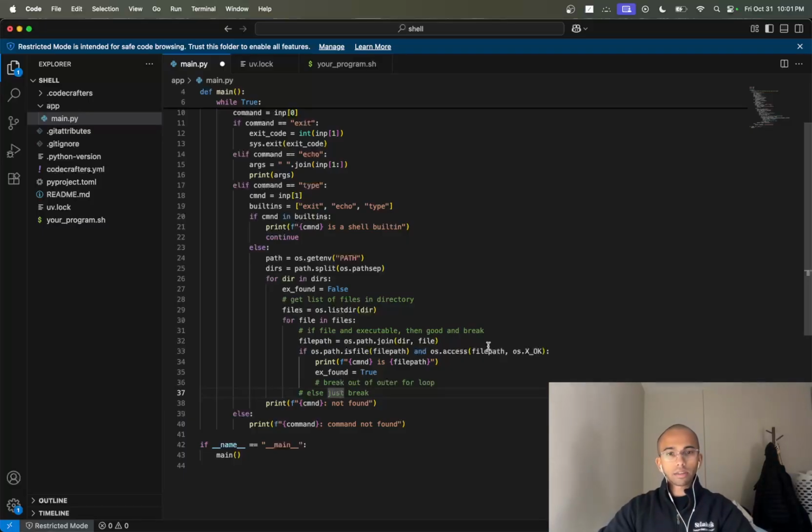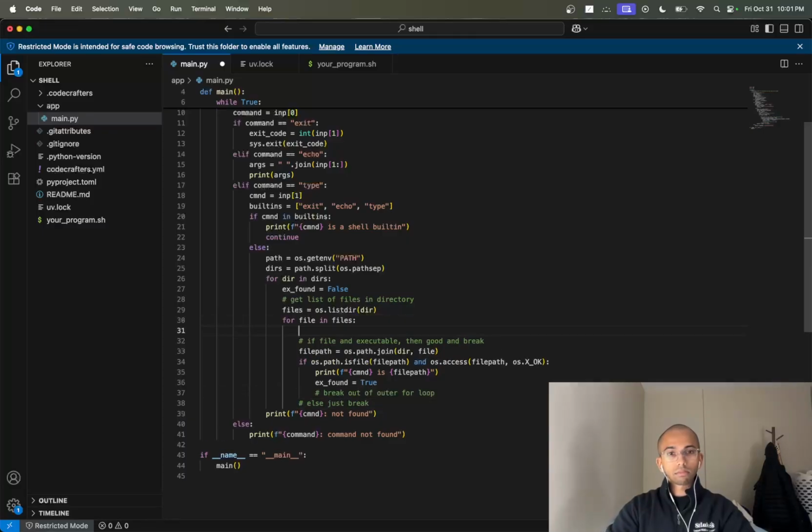Right, so here I think I've missed a crucial step where I've got to ensure that the file that I'm looking at has the same name as the command that the user has provided. So if file not equal to,